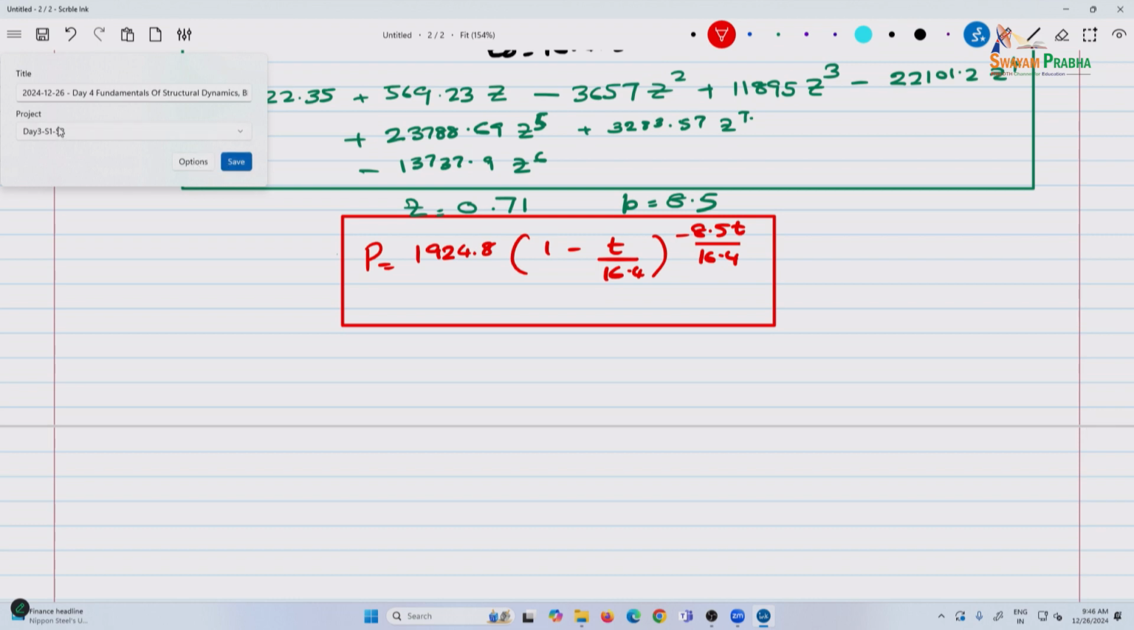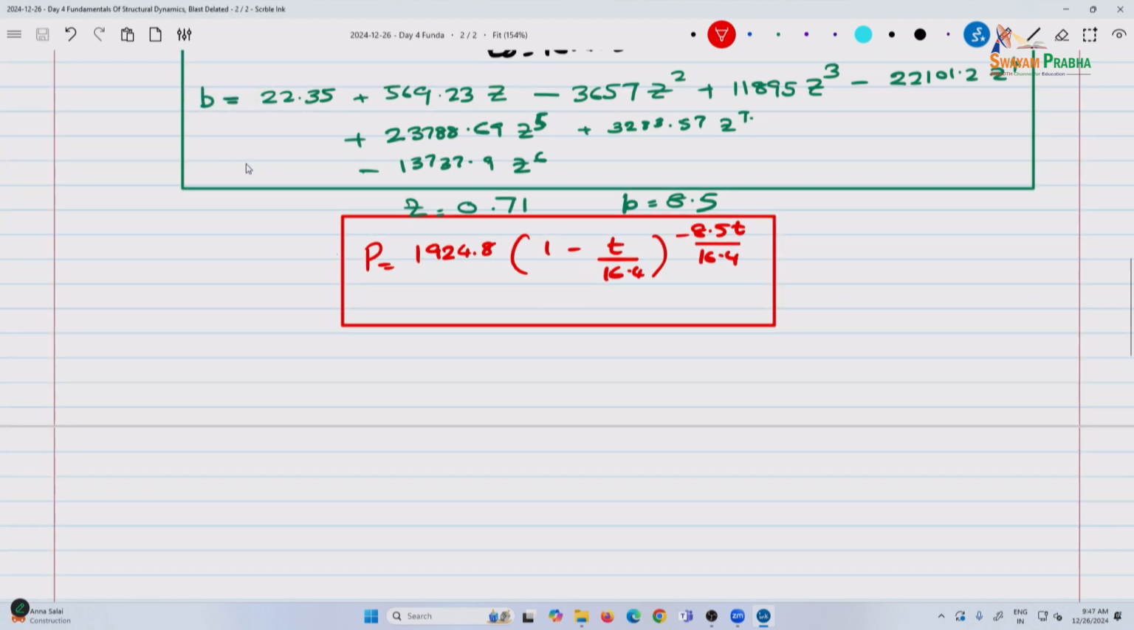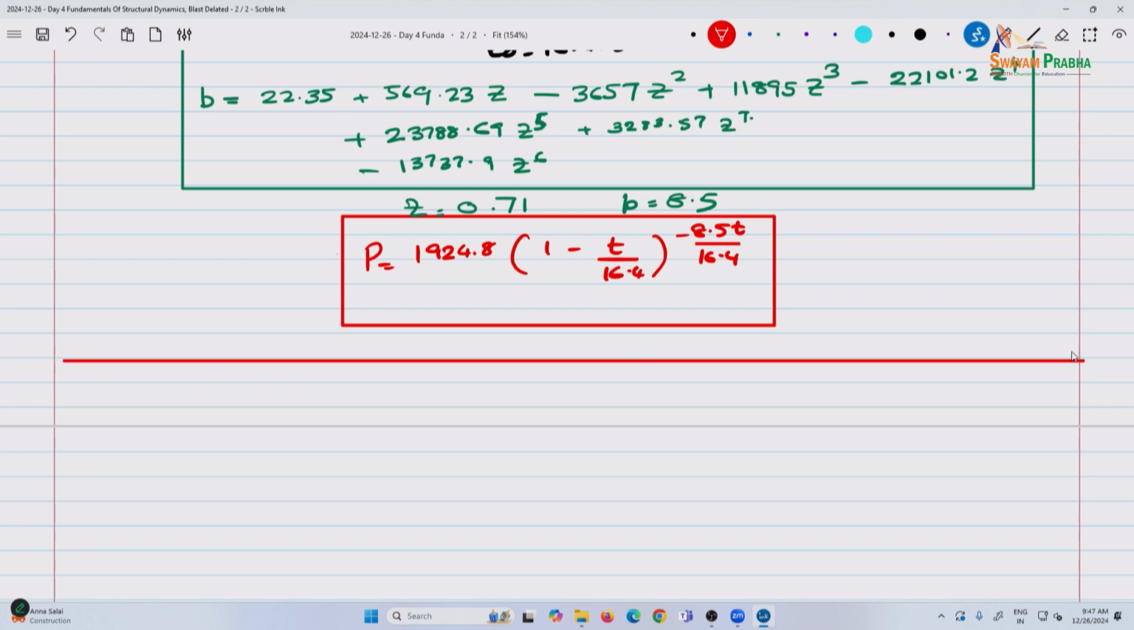Oh, let me make sure I'm not overwriting it. Okay. So